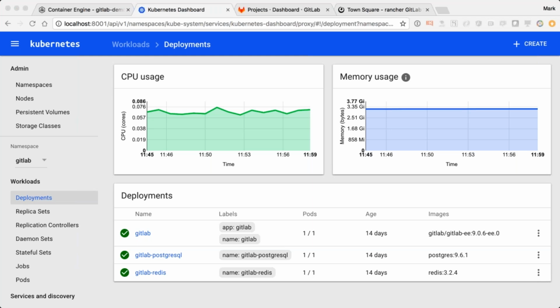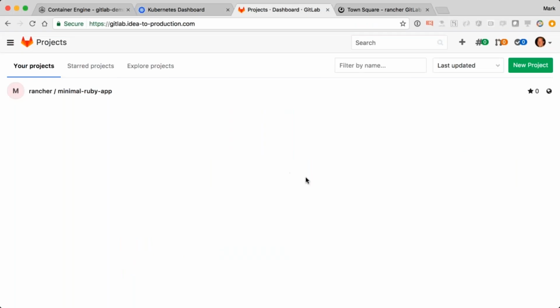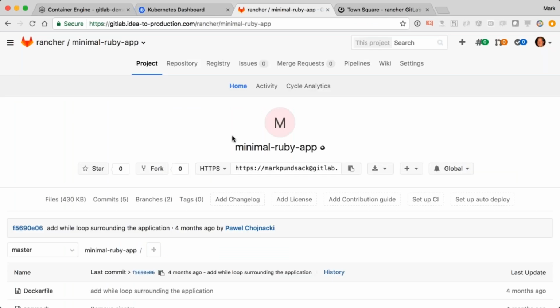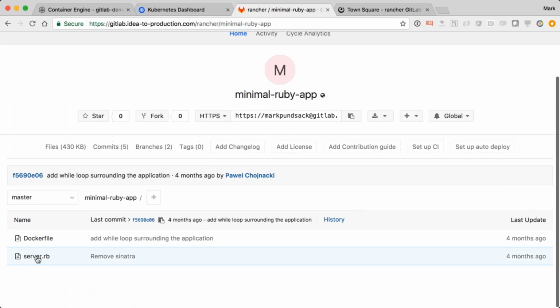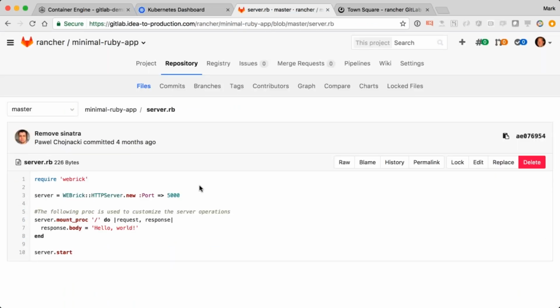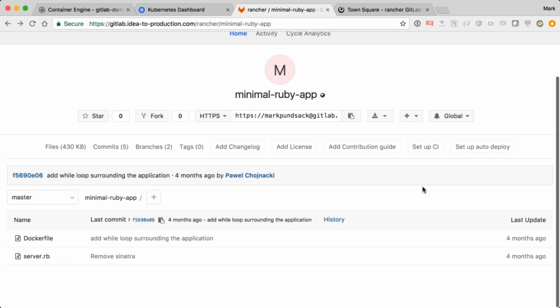Yeah, so what I'm going to start with here is a Kubernetes cluster. This one happens to be running on Google GKE. And I've got a pretty empty instance of GitLab. There's just a single project in it, and it really is a minimal Ruby app. The name does not lie. Literally, it's just a hello world and a Dockerfile that builds it. And that's where I'm going to start from, pretty much plain vanilla, but with some deep integration with